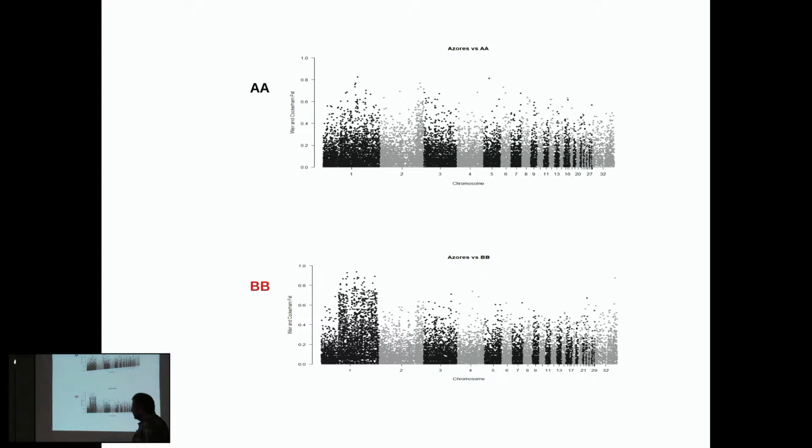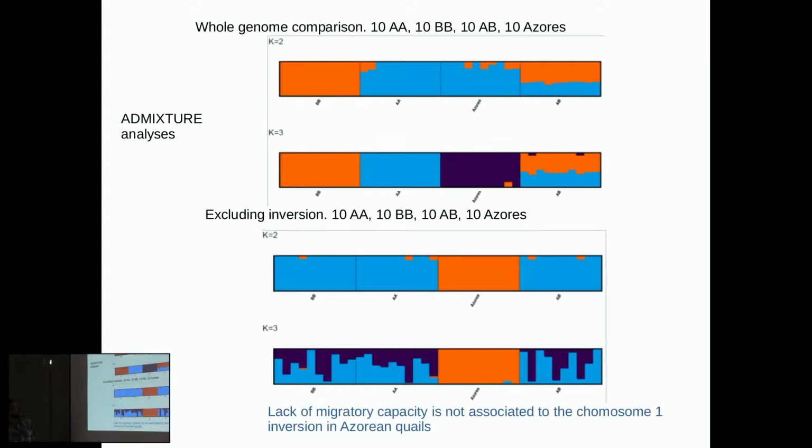if we just look, hopefully, there you go. Okay, if we look at the SNPs distributed across the entire genome, we could do a figure like that. In the top one, you can see we do a structure analysis, admixture analysis with quails. Here you can see with the inversion, without the inversion, here are the heterozygotes, and we would tell the computer, okay, make two groups of samples, the Azores quails cluster with the ones without the inversion. When we tell the computer, make two groups, it puts them as a different group. But the first step is to put them with the quails without the inversion.